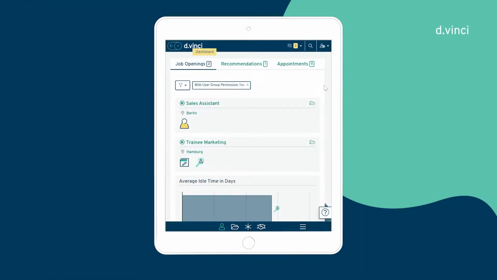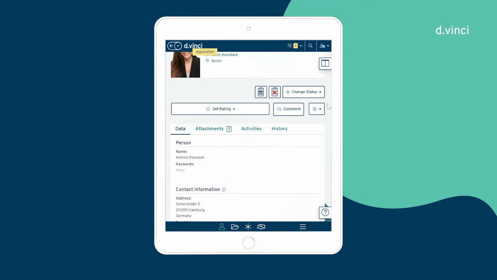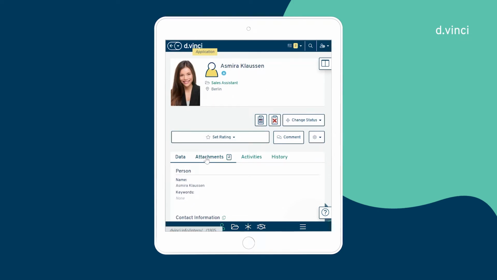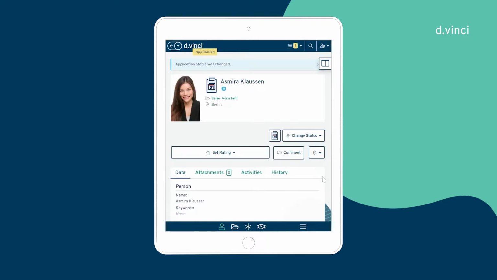Let's pretend to be a super busy line manager who has not got time and is on his or her mobile phone. This could be a line manager that is in charge of sales and marketing themes, so they see the application like this and can see through all the things that HR could see as well. Of course, you can close it up a little with roles and permissions if you like. And then my line manager is not doing anything on its own. It's just clicking, oh great, please invite her for me. Thank you so much. And that's it. For the line managers, it could be super easy to work with DaVinci.